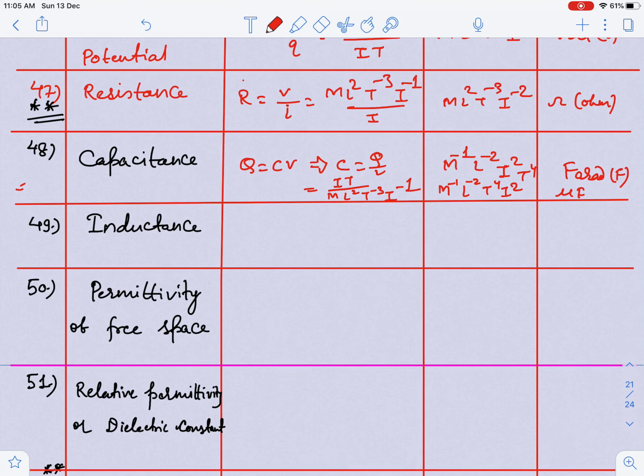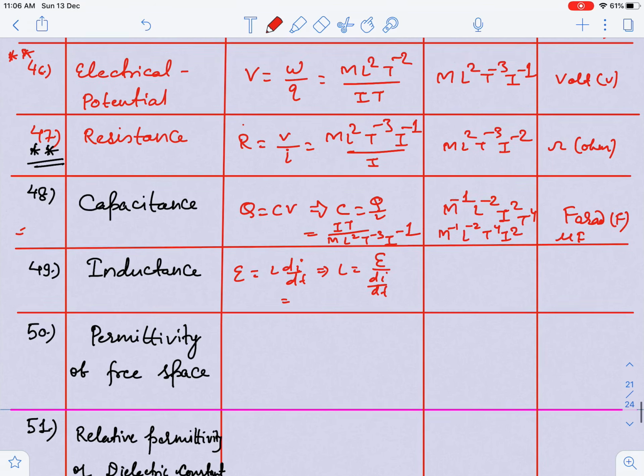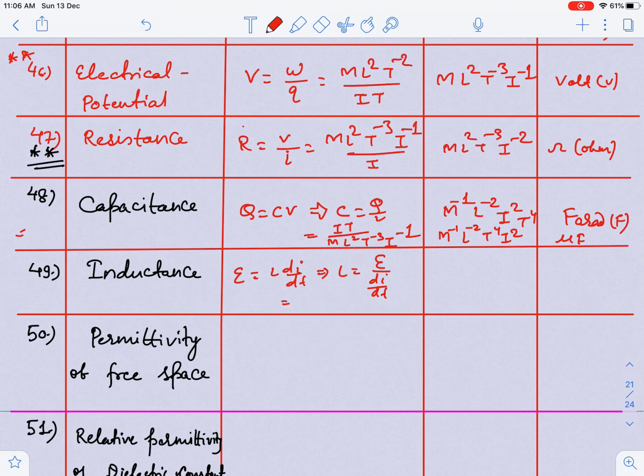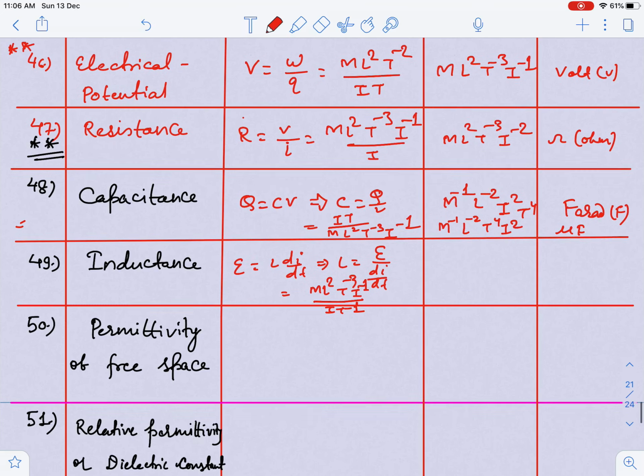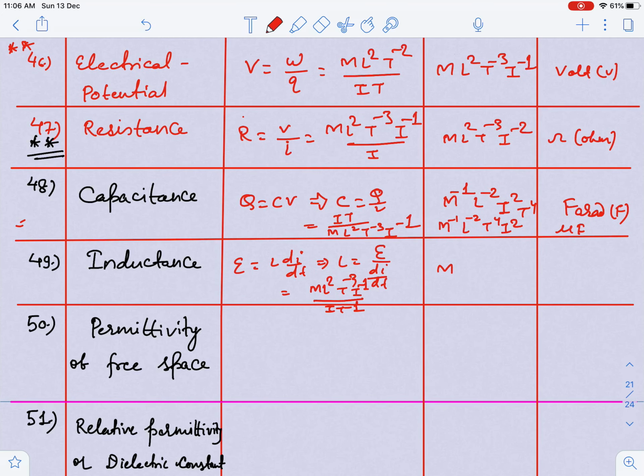Inductance: EMF is equal to L di by dt, you know that. So I can write L is equal to E upon di by dt. So EMF, I can write that EMF or potential is nothing but, guys, ML²T⁻³I⁻¹ divided by di, I T to the power minus 1. When you take upward, so this M remains as it is,